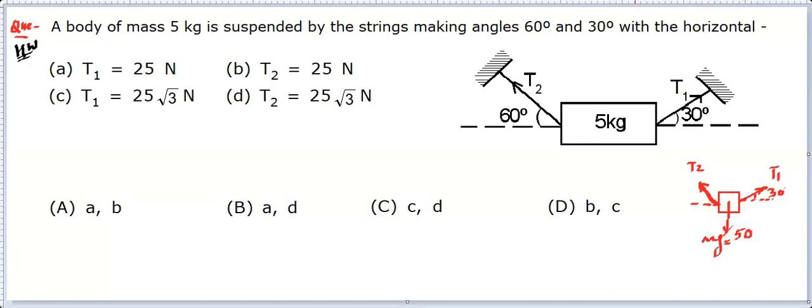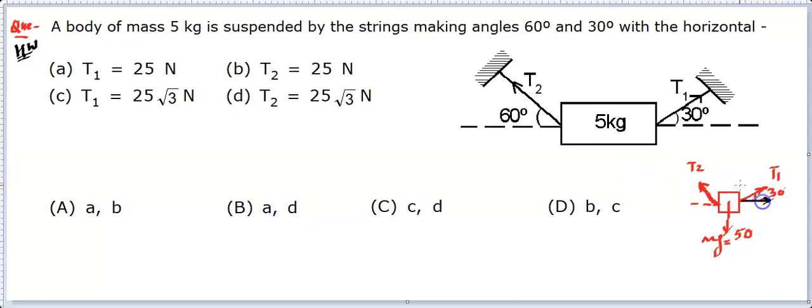Now the next point is to solve this and say that the forces are balanced. So the forces must be balanced in the x direction, and they must be balanced in the y direction, because it's not moving, it's in equilibrium. Even though it's not written that this is not moving, it says suspended, which means stationary. Or from the picture you can also understand that this is stationary.